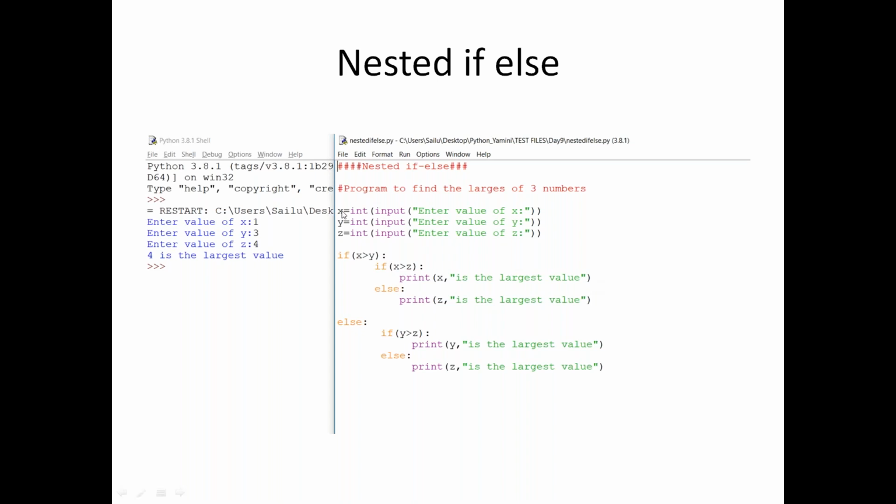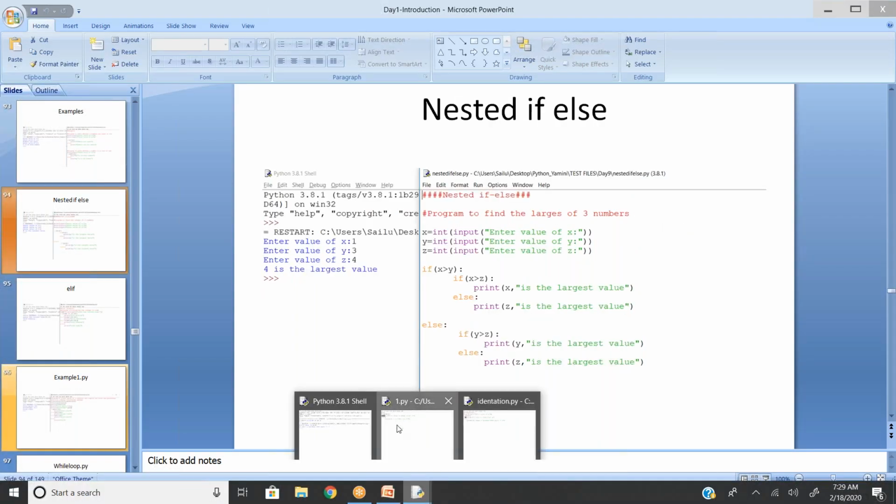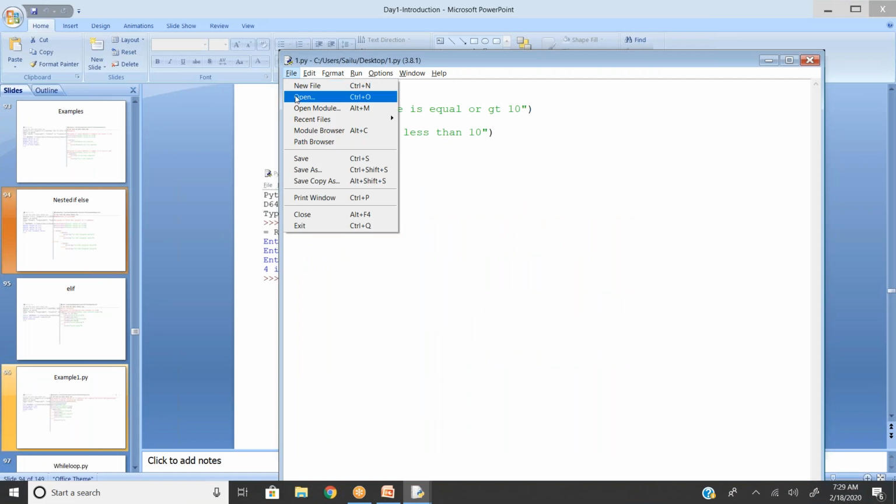The reason is x is supposed to be greater in value than y and z. Am I right? So if x is greater than y, and also if x is greater than z, then print x is the largest value. Are you getting it? Yeah. Let me show you.